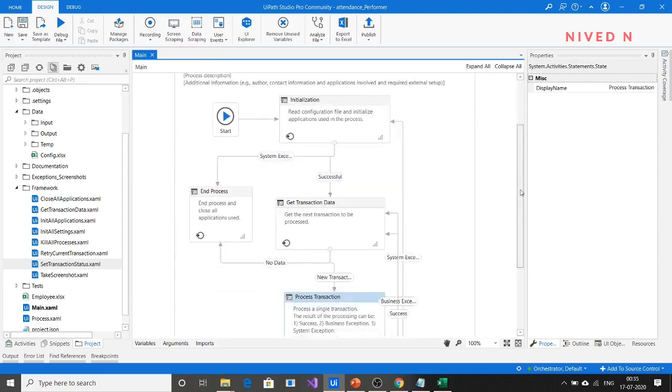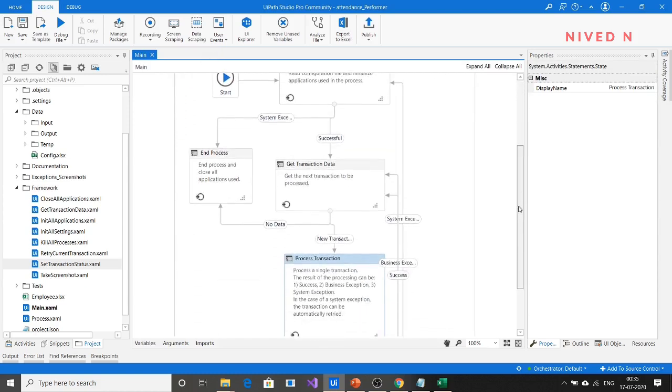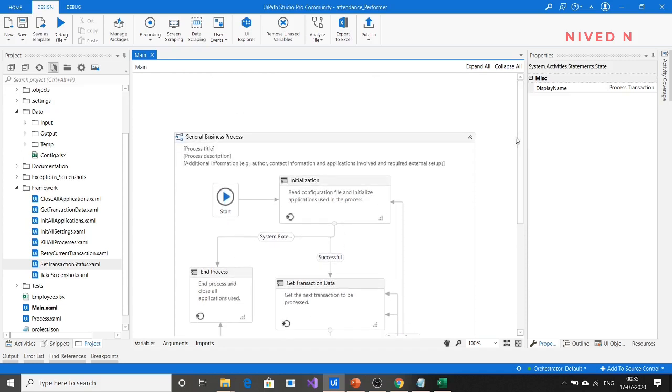So from this, what we can conclude is that we were able to run our attendance performer workflow successfully. Not only the attendance performer, we have run our dispatcher also successfully. In this tutorial, what we have understood is how we can do the process of attendance calculation using queues. In my earlier video, tutorial 3.0, I explained the same process using the data table method.